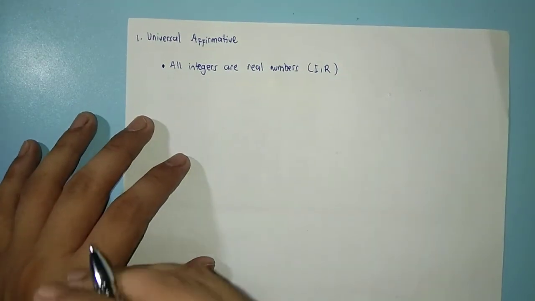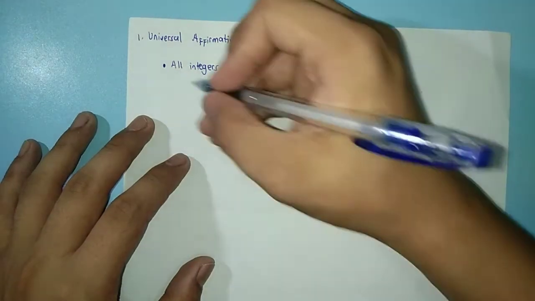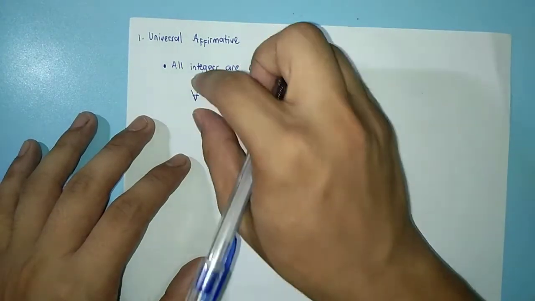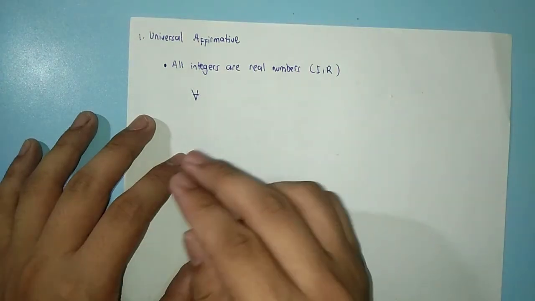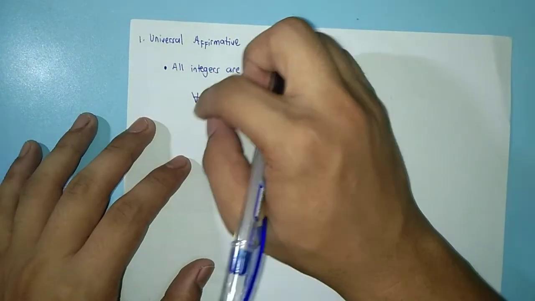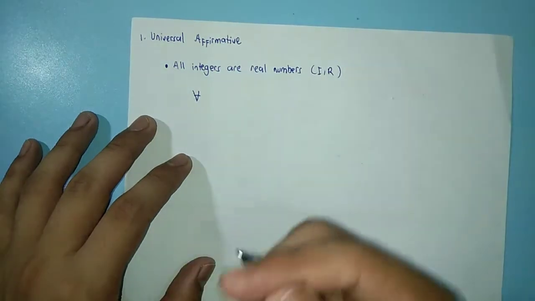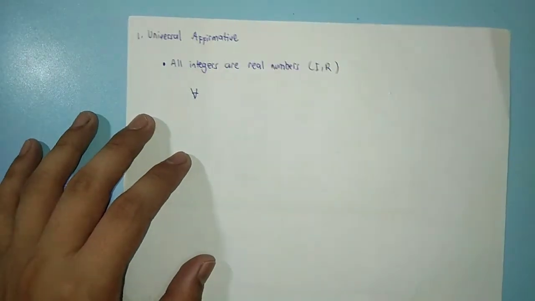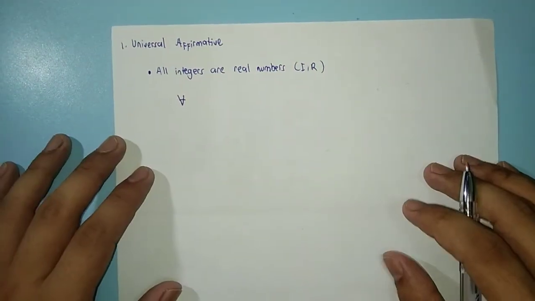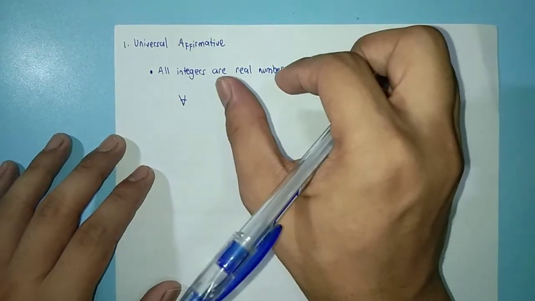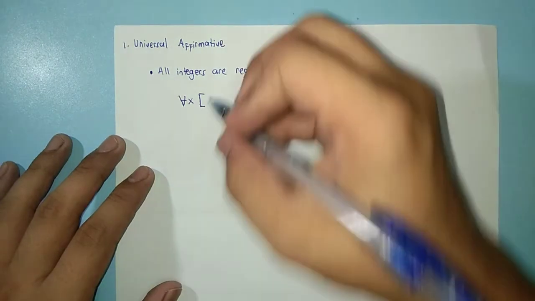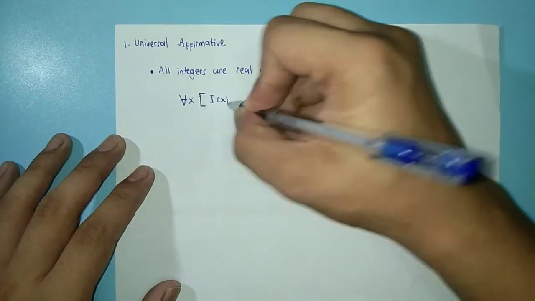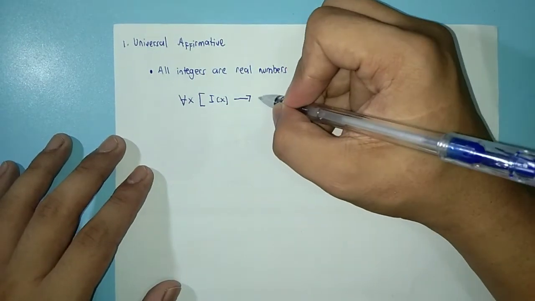Okay, so we are talking about all. Okay, so take note that this symbol is for all. Okay, so para sa lahat yung ganitong symbol, yung meaning. Then yung I na nakabaliktad ay for some. Diba? So, discuss ko na yan sa nakaraang video natin. Okay, so kung i-symbolize natin yan, that is for all x, and then we have I of x implies R